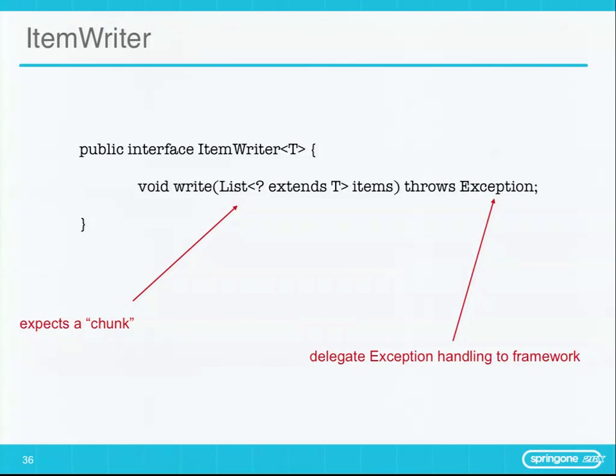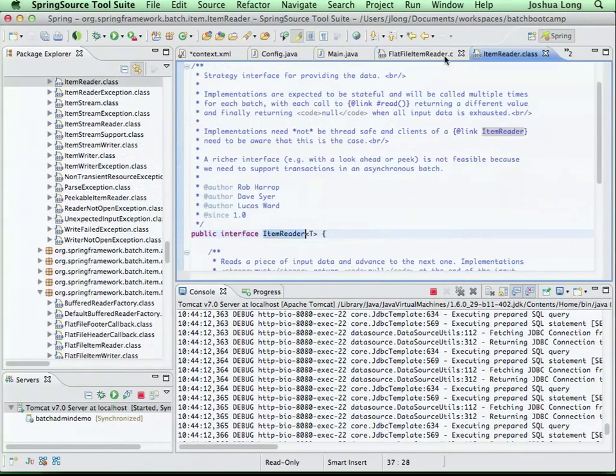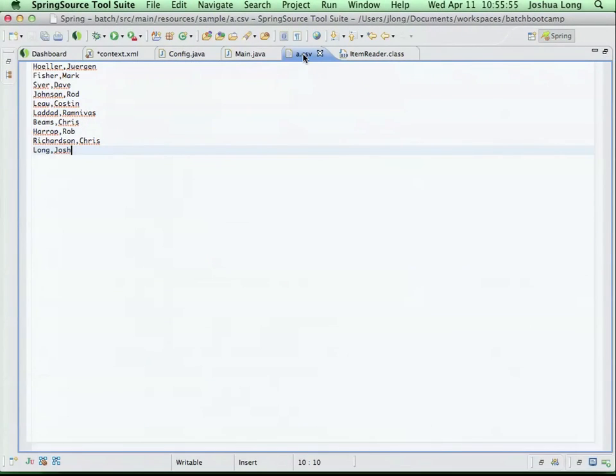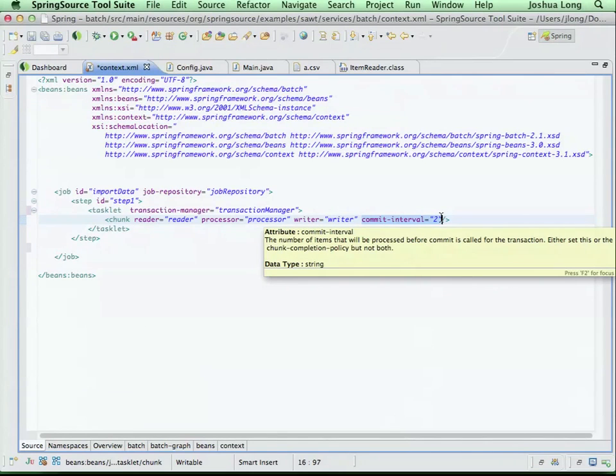So just to clarify, it doesn't necessarily process all the items one by one. You can say process 10. Yeah, well, that's what you're doing right here. It'll read it one by one, but if you look at the reader API, it's a single item. So you read as many times as you chunk. If you say, I want to process 10 records at a time, it will read 10, put those in the collection, and push them to the processor, which is really only for validation for the most part. And then it pushes it to the writer, which takes that entire set. And that's the commit interval you specify.